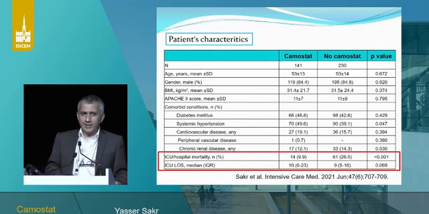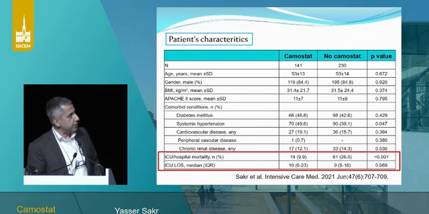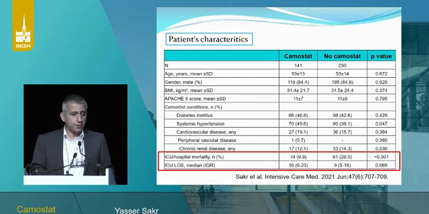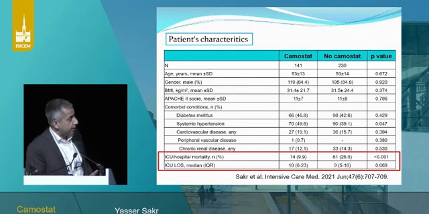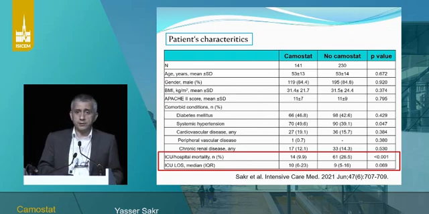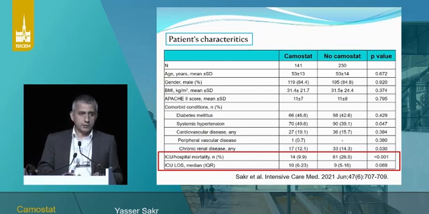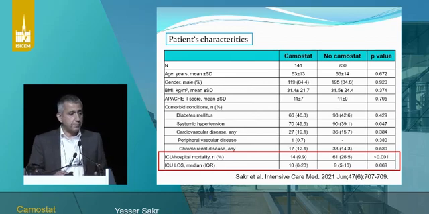And surprisingly enough, if you look at the mortality in patients who received Camostat, you can see that the mortality in the control patients who did not receive Camostat was 3 times higher than in patients who received Camostat therapy, despite the fact that they were very similar at baseline. Patients here were a little bit younger, because that's the demography in the UAE, with mostly young patients admitted from several cultures, mostly Asiatic cultures.